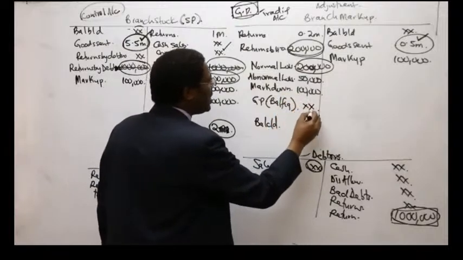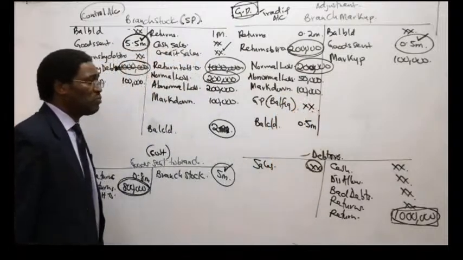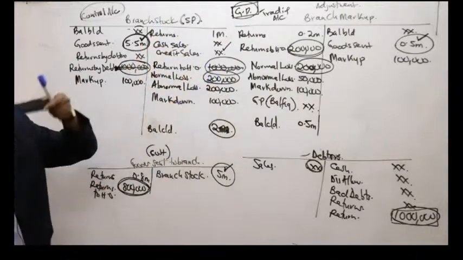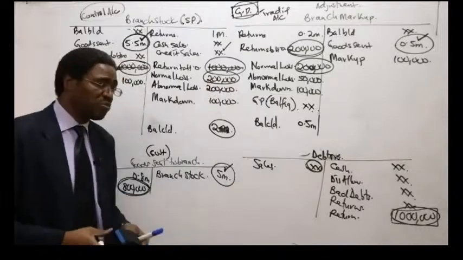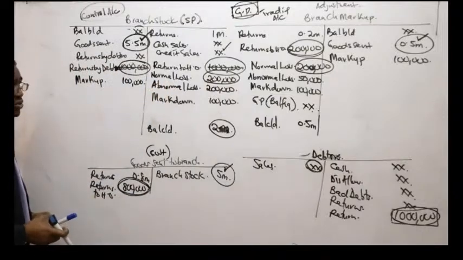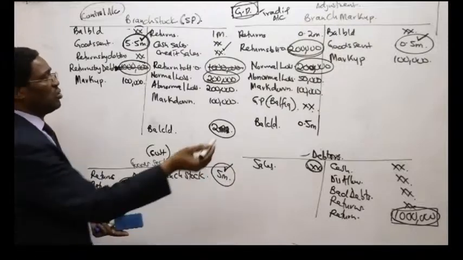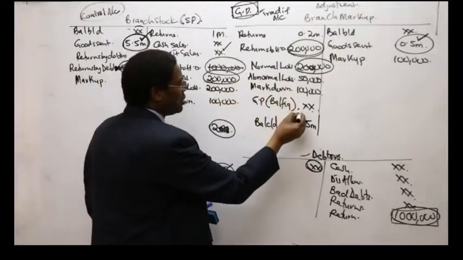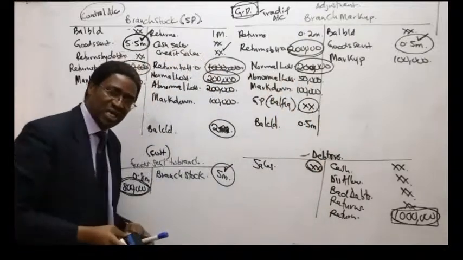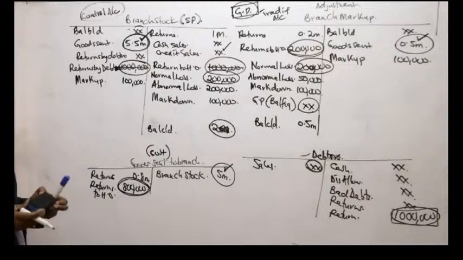So you will debit the branch markup on the gross profit, and of course you credit branch P&L. Of course, you know gross profit is normally credited in the profit and loss. So the double entry is with the balance in the branch markup account, you debit branch markup and you credit branch P&L. That's our next entry. And then finally, number 15,